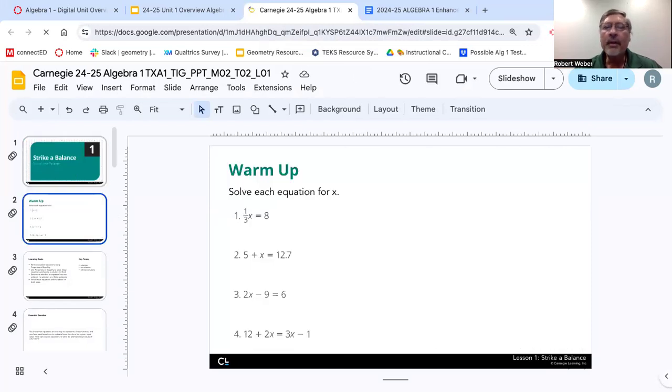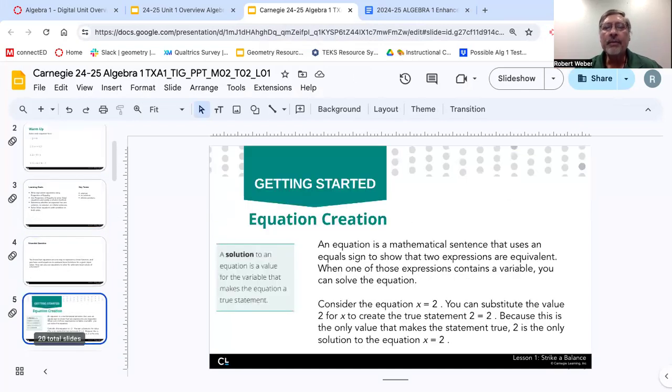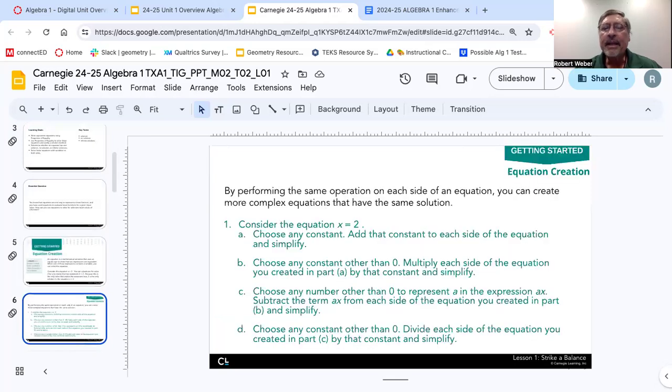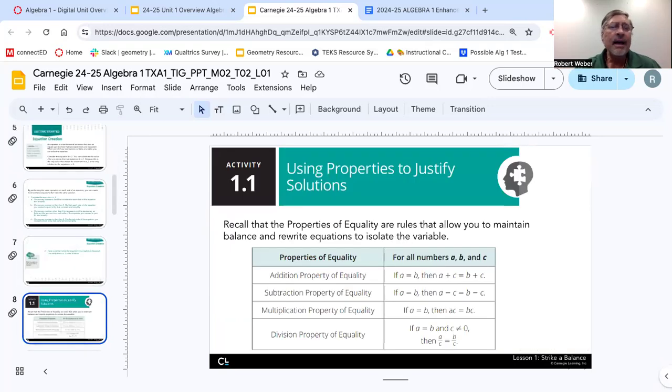If you notice on this, it has a warm-up, solving equations for X, and then it talks about the learning goals, the essential question, and basically gets into that concept of keeping a balance of both sides of your equation. What you do to one side of the equal sign, you are doing to the other side. I know that Carnegie, and we don't test